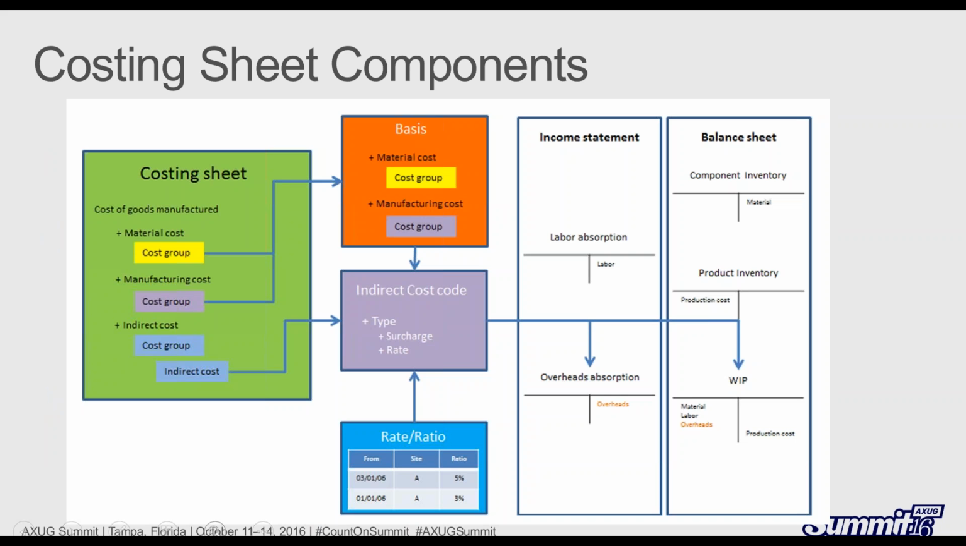So this is a slide, costing sheet components. So the costing sheet component is cost of goods manufacturing. We've got the material costs, of course, the manufacturing cost, indirect costs, and then the basis for those material costs is just going to be the cost of what the materials are in the manufacturing cost, and then the indirect cost codes, of course, that's where we're talking about applying the surcharges and the rates,